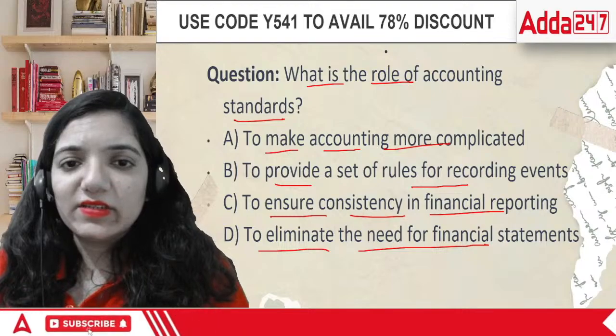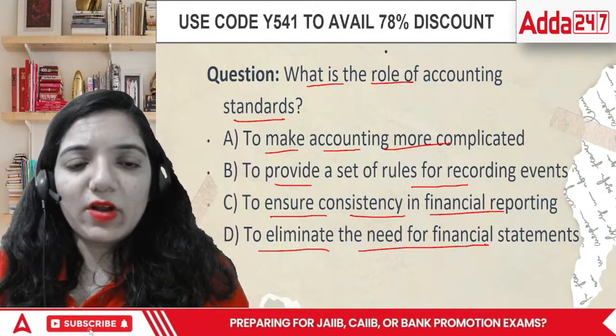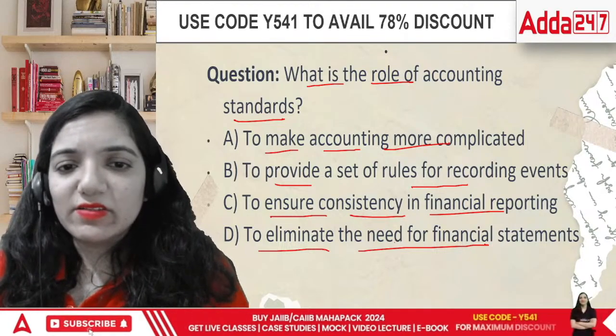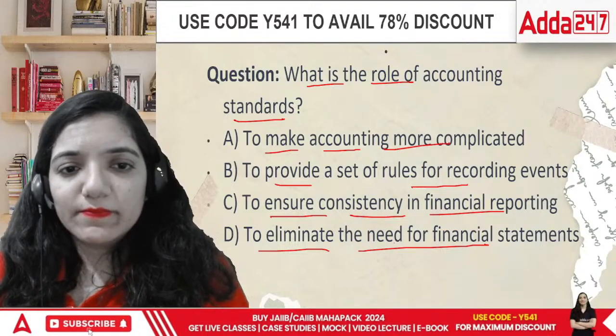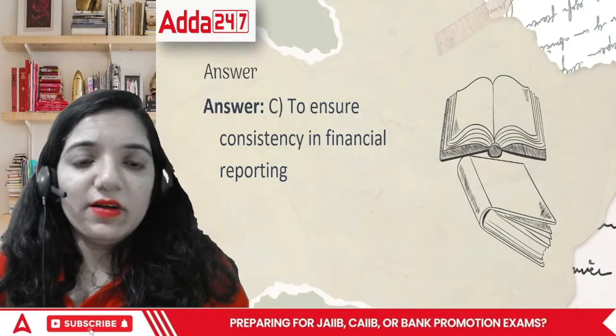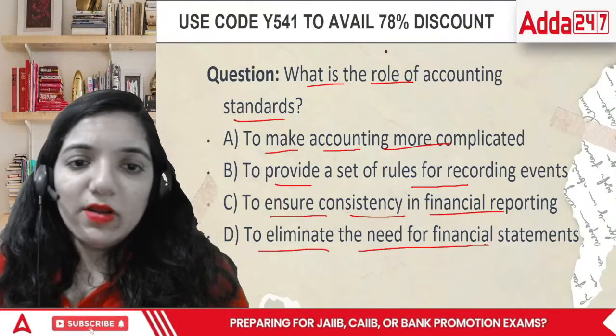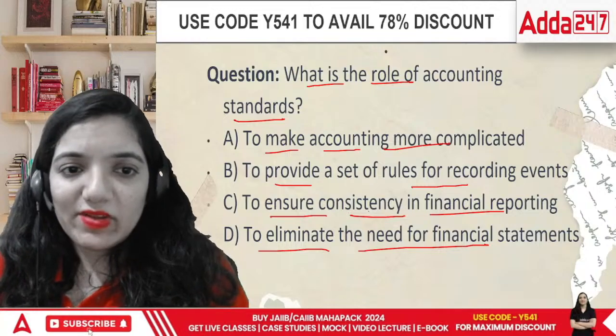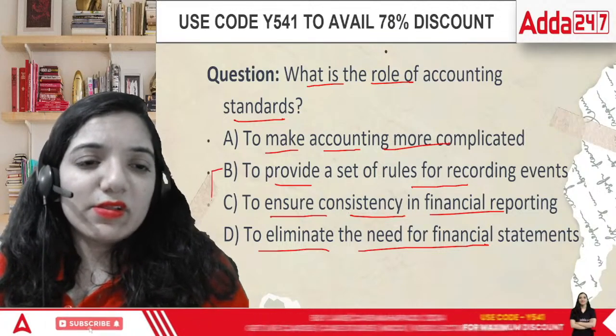And in this case, the correct answer would be, what is the role of accounting standards? The accounting standards are basically, though I would say C is also there, but the main point is B is also correct overall, na? To provide the set of rules of recording events. That is not only for recording events, it has to be C because